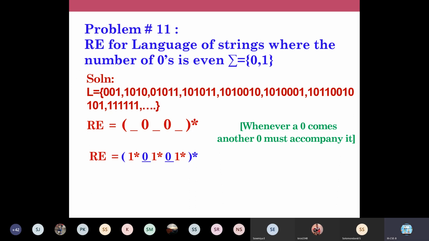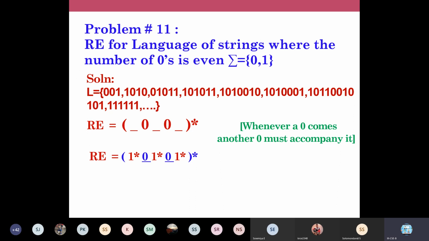All of you refer to the chat box. The next step I'm writing. I missed that in the slide. The final answer will be like this. You will have a 1 star even outside this parenthesis. Even with this parenthesis, if I'm not taking any zeros at all, there might be some number of ones on either end. Simply ones may come, is it not?